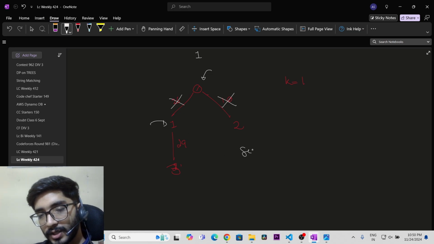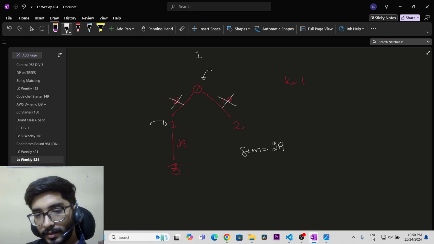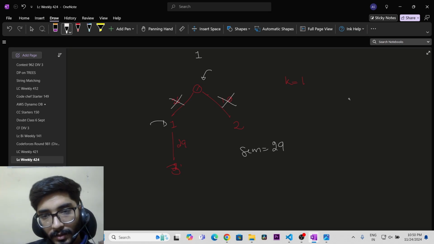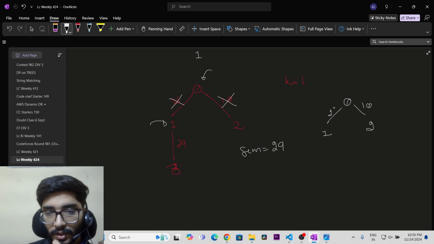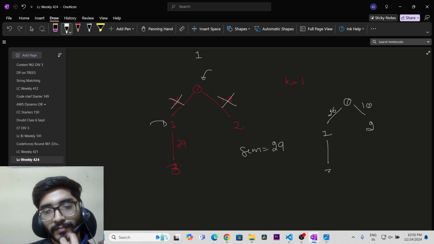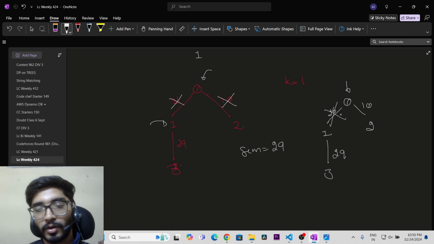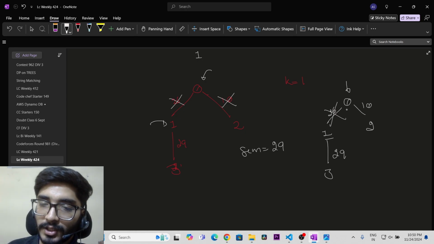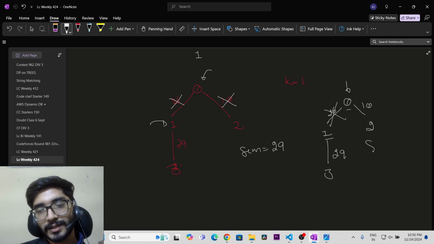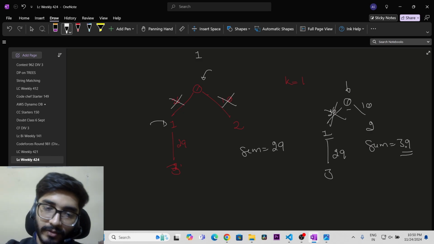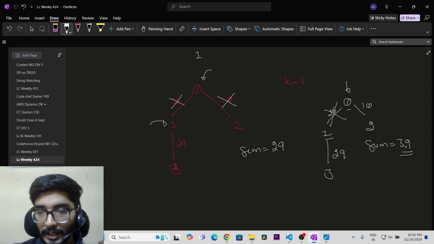So what is the total sum we got? 29. But if instead of removing the minimum weight of 0 to achieve one edge, we can remove this edge, because after removing this edge it will solve the problem for the 1st node and the 0th node, and the total sum achievable in this case is 39. This was a test case where I got the wrong answer and got to know that